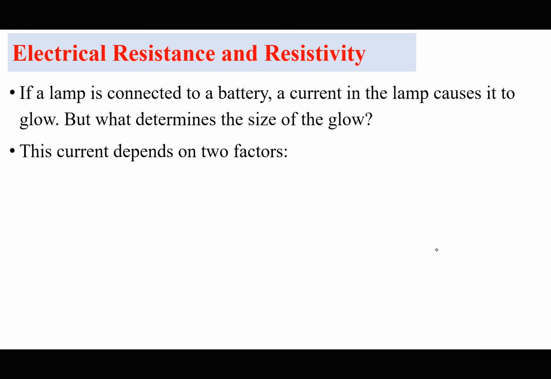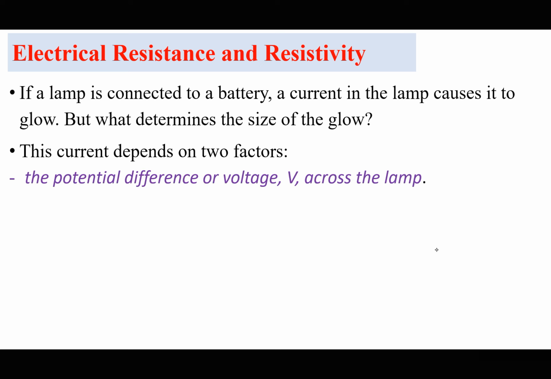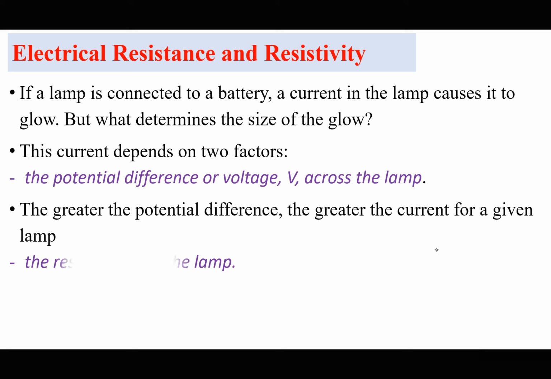The current which is going to flow to cause a glow of the lamp is going to depend on two factors. The first one is the potential difference or the voltage across the lamp. Of course, we know that if the potential difference is greater, then the current through the lamp is greater. That is in accordance with Ohm's law, which we are going to see today. Then the second one is the resistance R of the lamp. The greater the resistance, the smaller the current for a given potential difference